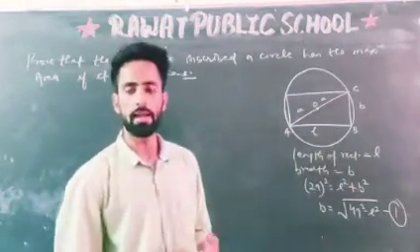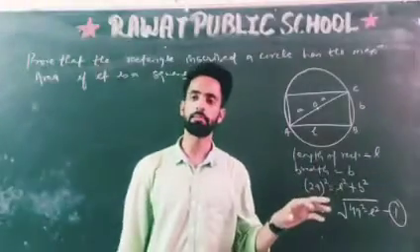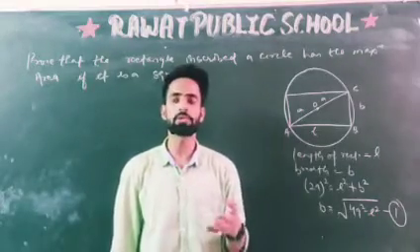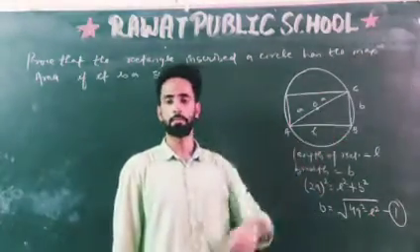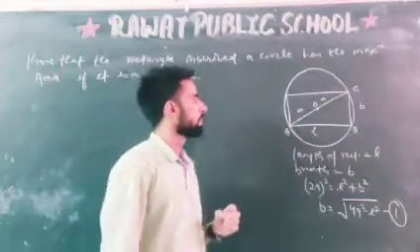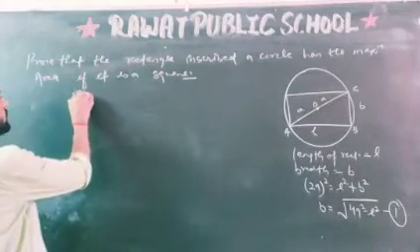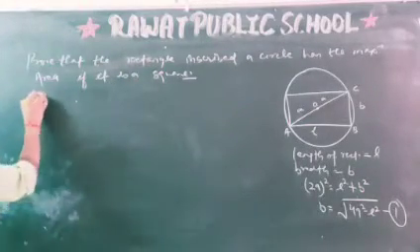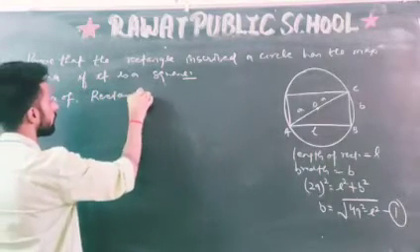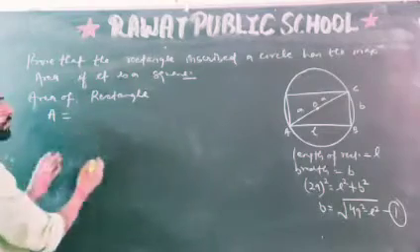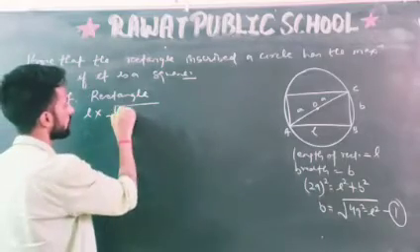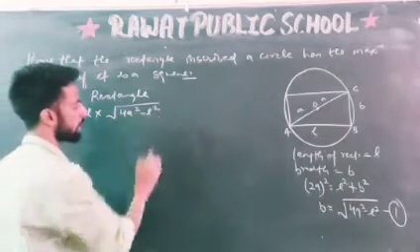What we are going to prove here is that we will consider the area as maximum. In that case, this is not a rectangle, this should be a square, and this can be a square only when the length is equal to the breadth. So we are going to prove whether the length is equal to the breadth or not. So the area of the rectangle is A equal to length into breadth. The length is L and the breadth is root of 4a square minus L square.